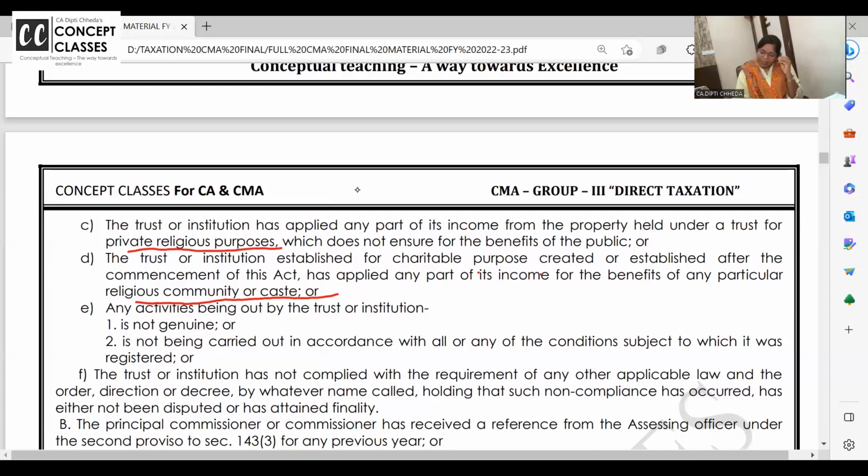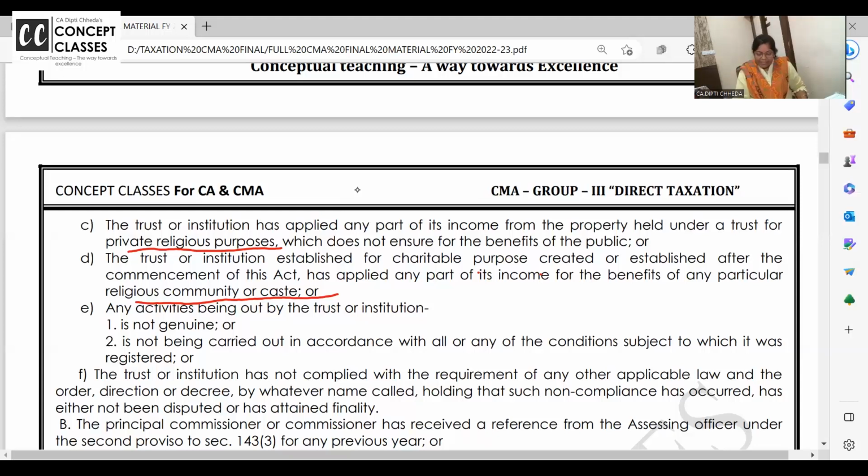पहले क्या होता था? Earlier also these kind of activities were caught, no? The trust registration will get cancelled. तो what the people will think? हाँ ठीक है, चलो ट्रस्ट का एग्जेम्पशन उस साल नहीं मिलेगा ना, ठीक है, तो जो भी है हम स्लैब रेट पे टैक्स पे कर देंगे. Now it is flat 30%.